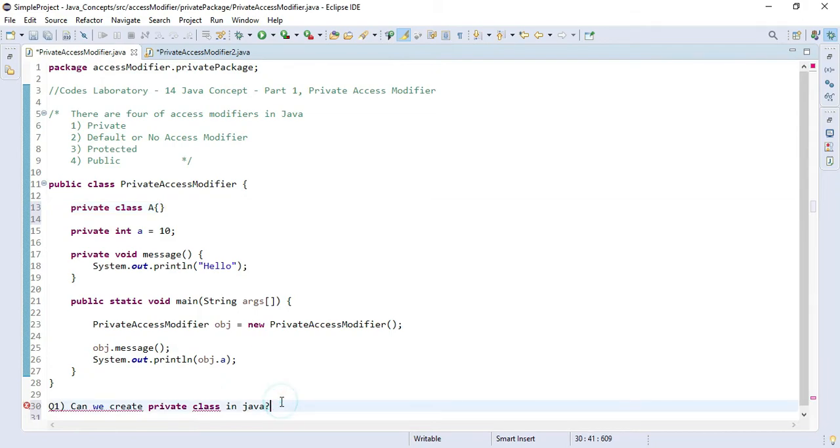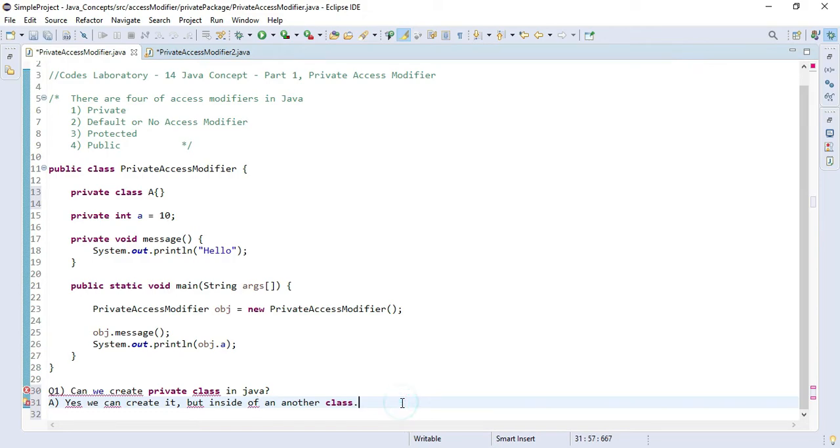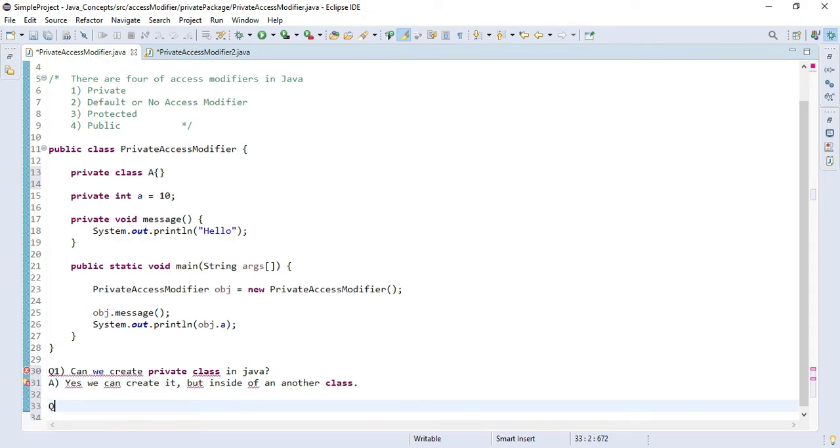So the answer to this question is yes, we can create it, but inside another class.